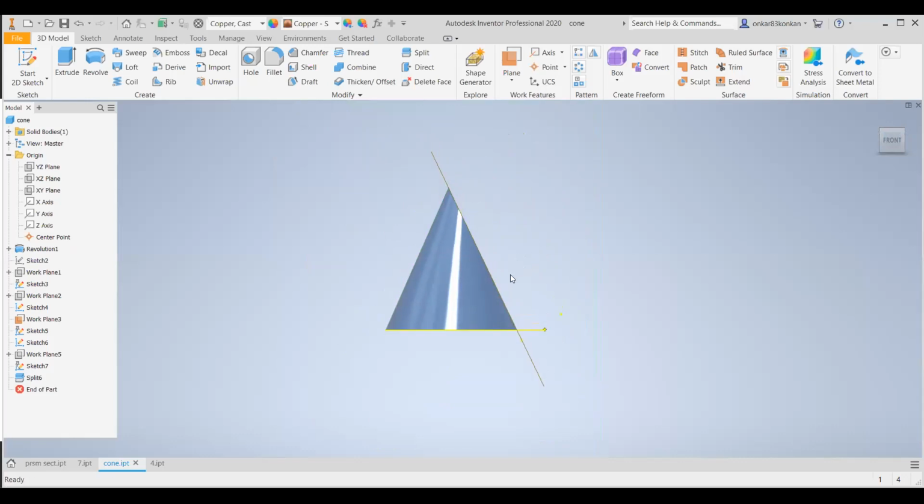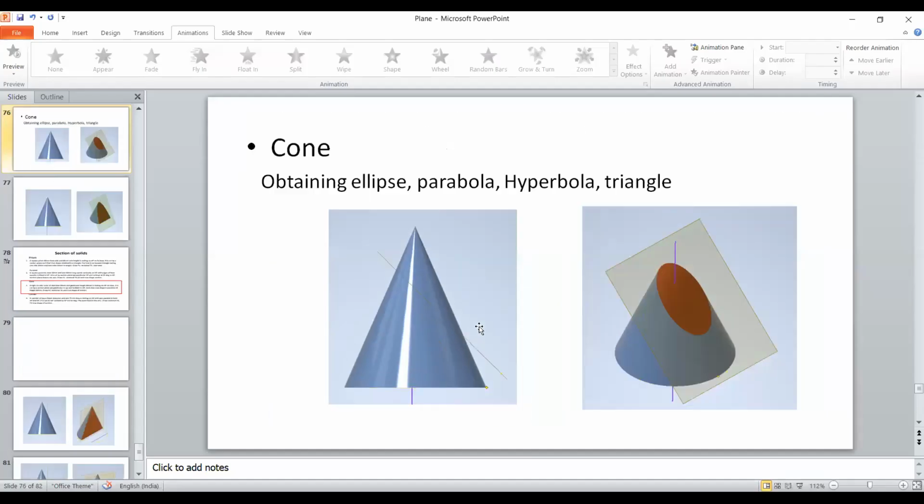Try to complete that problem in manual drafting. So here we have seen how to obtain the ellipse from the cone, then parabola from the cone.